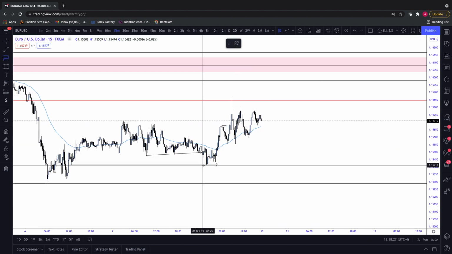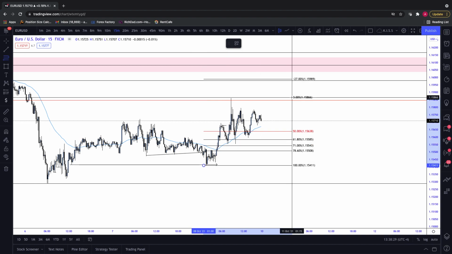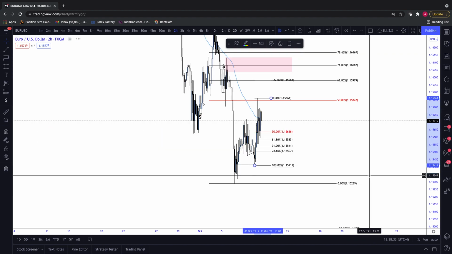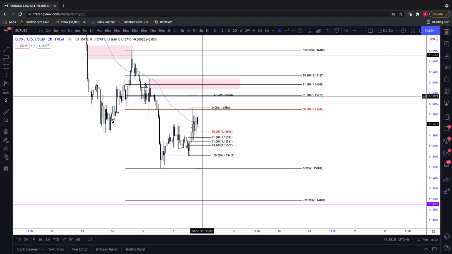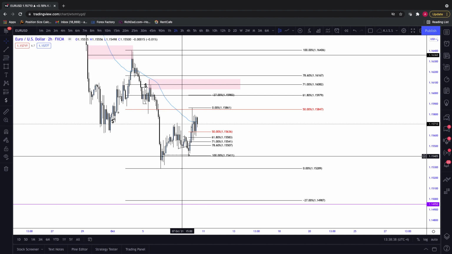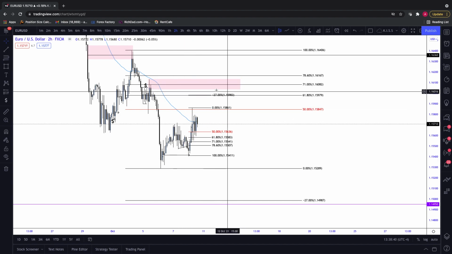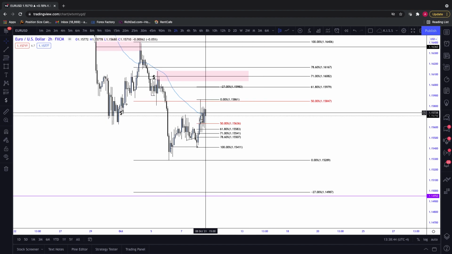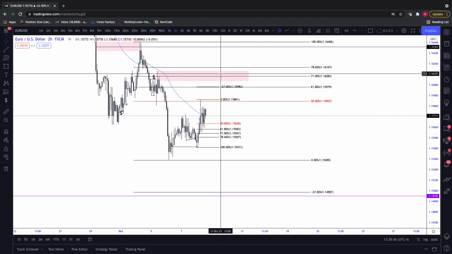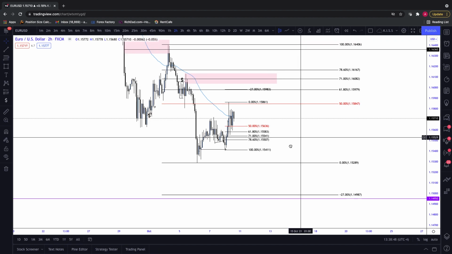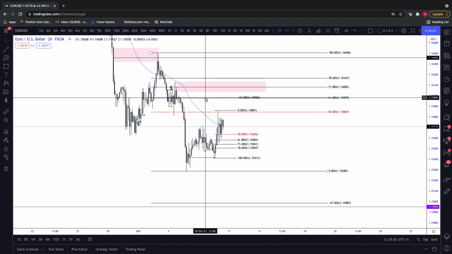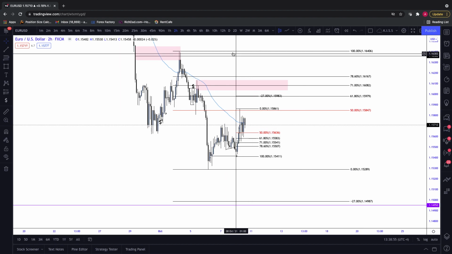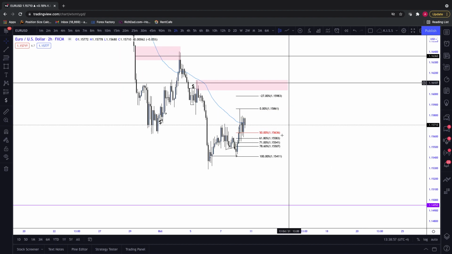All right, so apply a reverse fib here. Hop back out to the higher time frames. You can see that negative 27 of our bullish move from the lower time frame aligns very beautifully with the 61.8. Okay, so that gives us some good confluence that we are going to push higher for at least another leg. Negative 27 and 61.8, that's just a general area. I like to refine it, and so remove these fibs